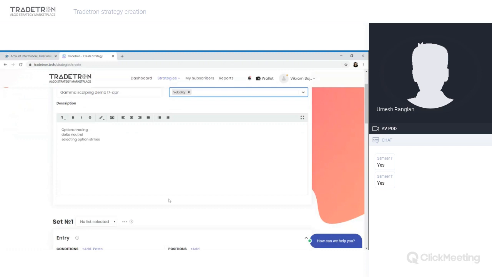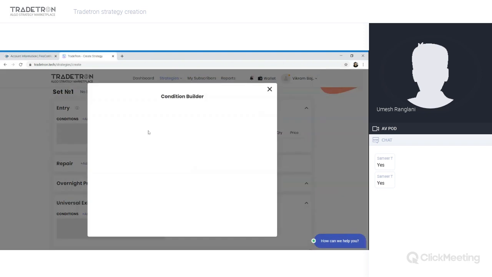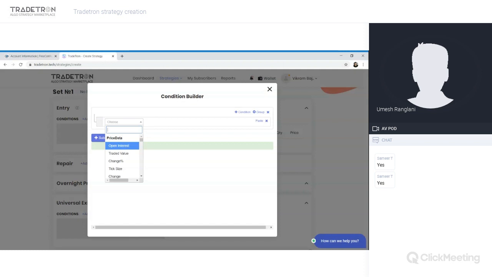Now I'll come to the main strategy building part of this. So every strategy can have one or more than one set. So you can build strategies on multiple stocks using the list feature. Or if you want to create a strategy for a particular instrument, then you can do straight away like we'll be doing in this webinar. So I'll start with keeping my entry condition as blank for now. But let's say if you have some entry condition, let's say if you want to take a trade on Friday, as Thursdays are expiry days in the Indian market. So you want to take a trade on the next day of it.